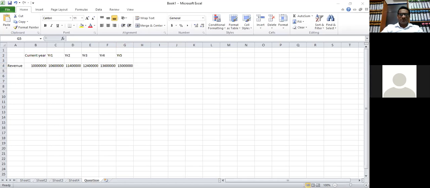Those are the revenues. Then profit after tax, PAT, is 10%, that they will maintain throughout. Then of course, total assets less current liabilities, 125%. Total assets minus current liabilities, 125% of revenue.